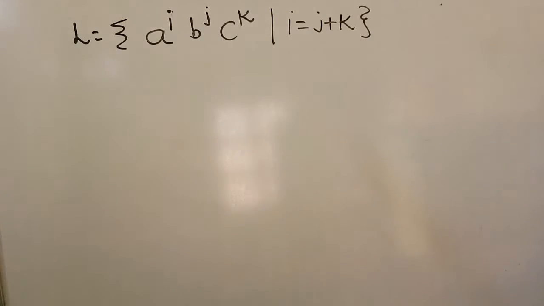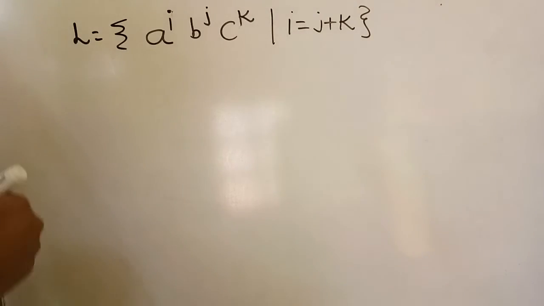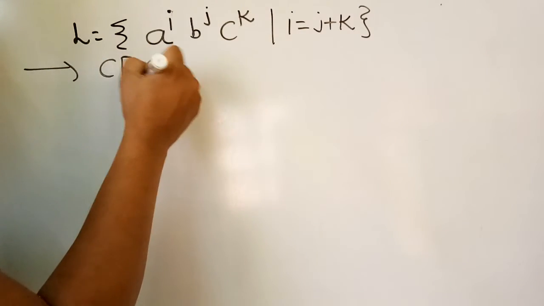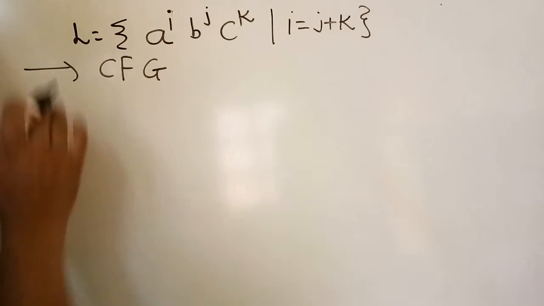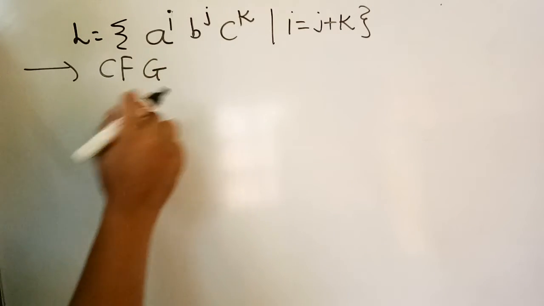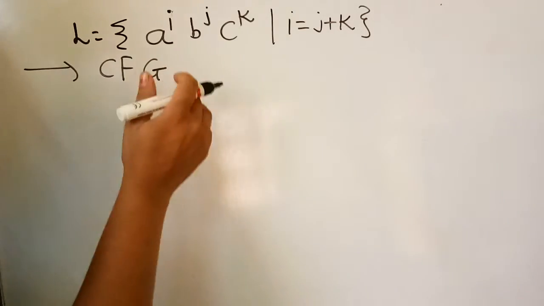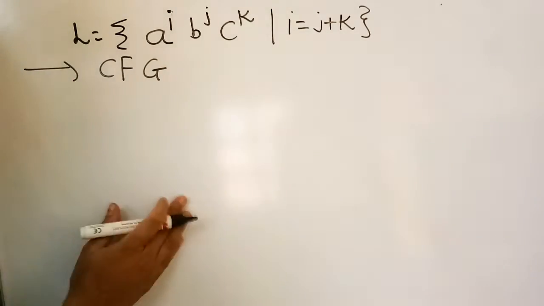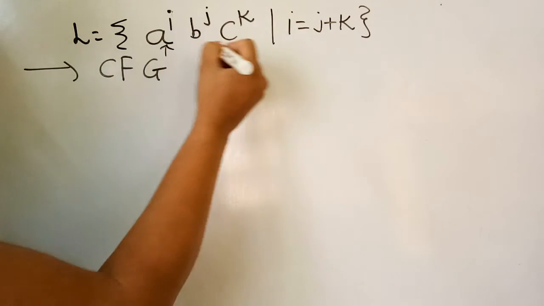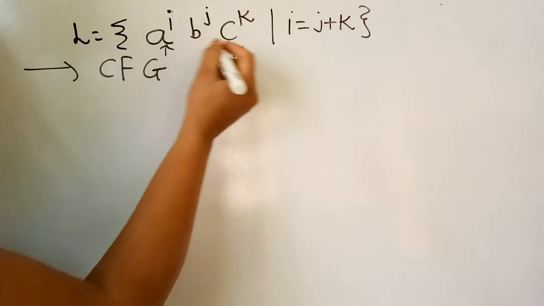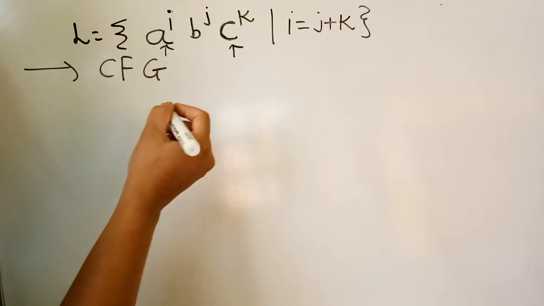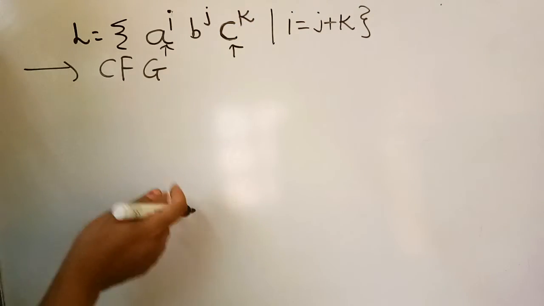Now we will take another language for which we will try to solve a context-free grammar. In this case, i is nothing but the combination of j plus k. So the outer a's should be matched with c's, then the remaining a's should be mapped with b. It is the logic for this language. For solving this, we know that a will be perfectly matched with a single c, at least a single c. It may be more than one.